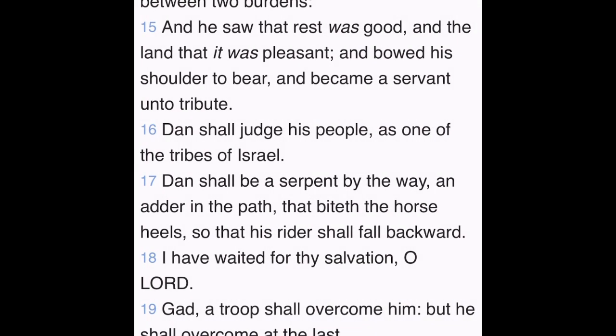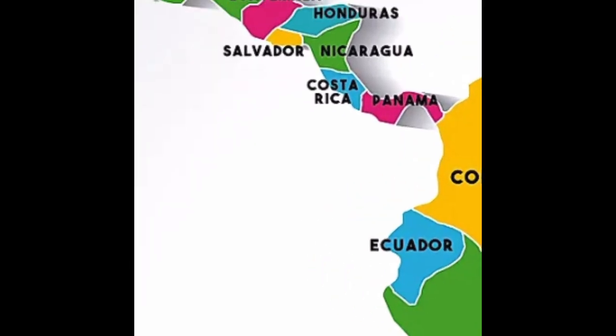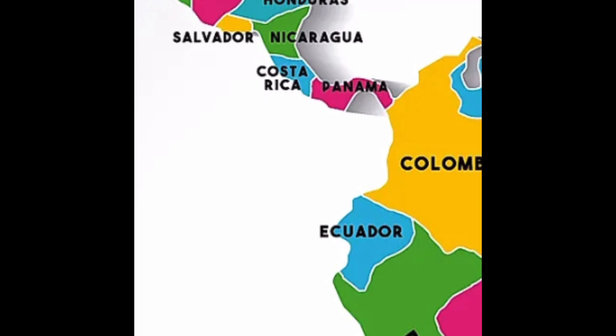It says Zebulun shall dwell in the haven of the sea, and he shall be for a haven of ships. What do you think this is? Have you ever heard of something called the Panama Canal? Do I have to go into the history of the Panama Canal